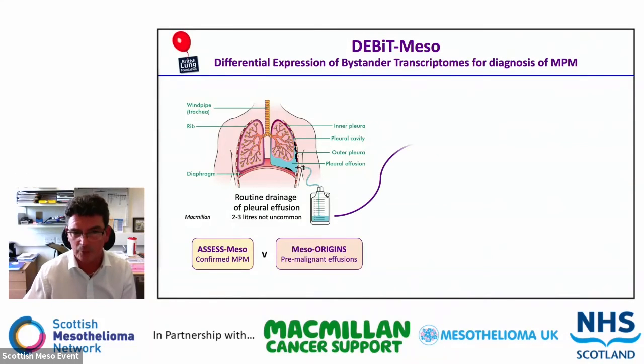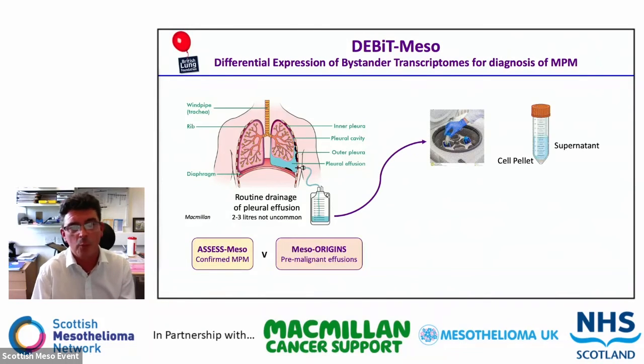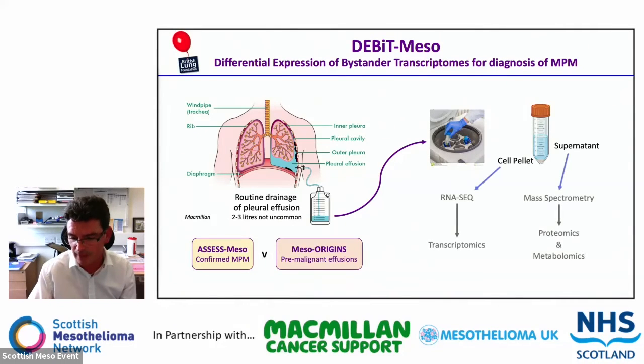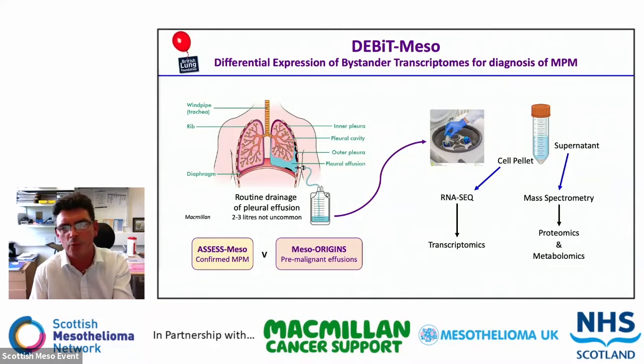And so the plan is very simple, that we're going to take these pleural effusions, we'll put them through a centrifuge to separate the cell pellet from the supernatant, and then we're going to put those fractions into a really deep molecular omic analysis. The cell pellet will go through an RNA-seq protocol, giving us gene expression information of what genes are being expressed within the populations of cells that are in the pleural cavity. The supernatant, we can apply mass spectrometry analysis to the supernatant to look at the proteome, to look at the